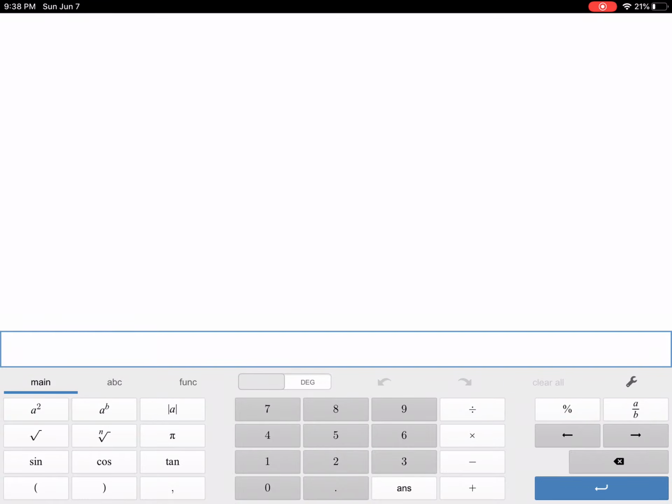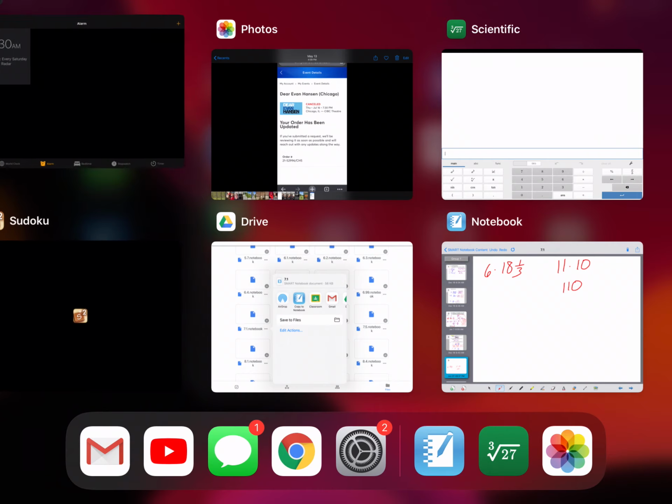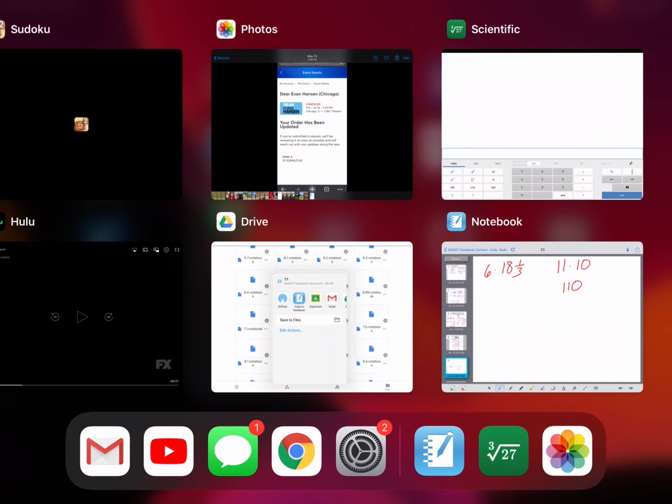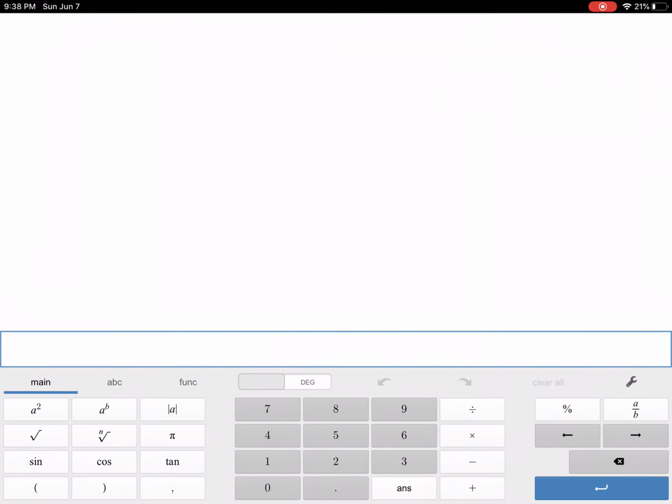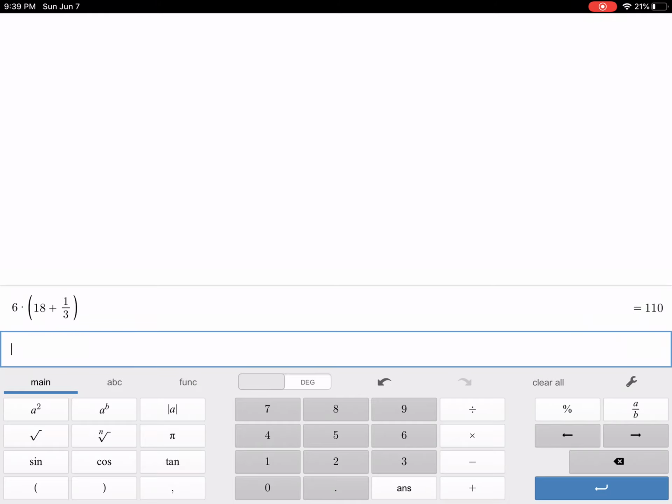So if we wanted to multiply 6 times the 18 and 1/3 there, we'd probably want to do parentheses here. And if you want to do a mixed number on a calculator, the easiest way to do this is to remember that a mixed number is really addition. That's really 18 plus, and then we could put a 1, use my fraction key, and put a 3 right there. Okay, so when I go ahead and hit enter,